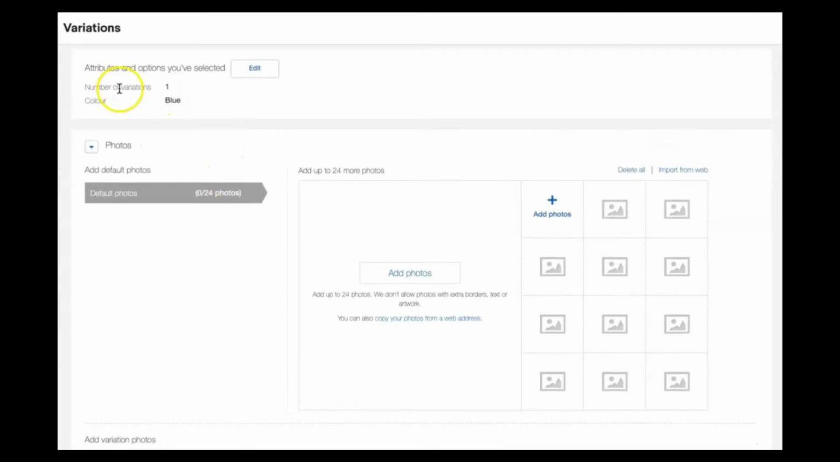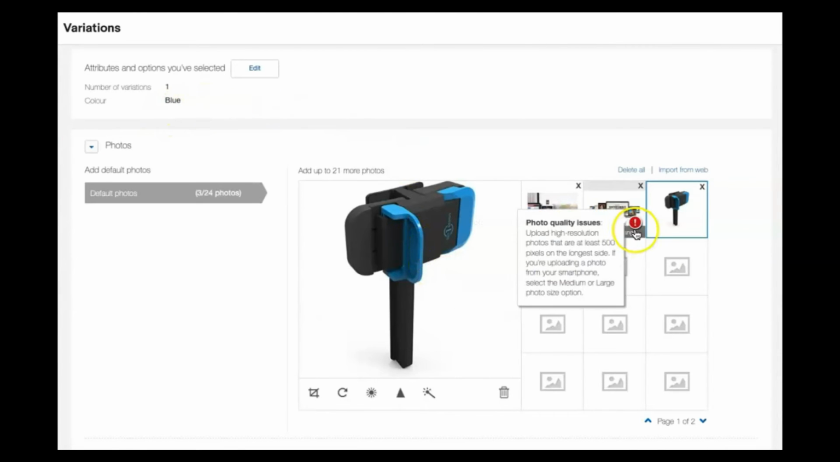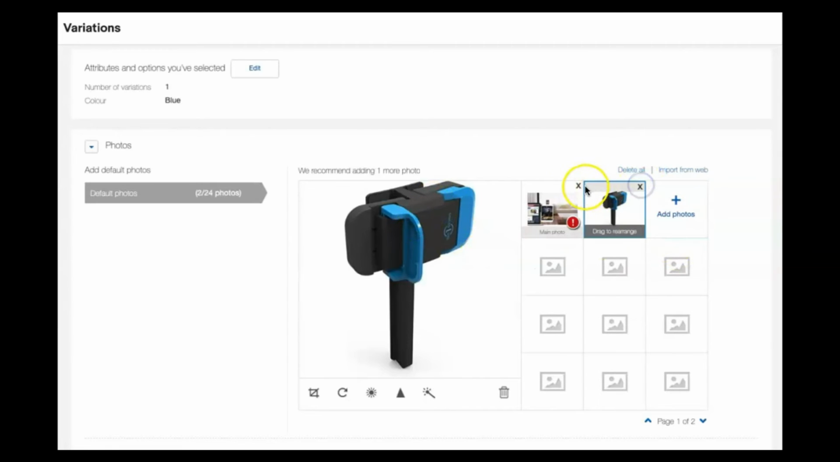You see here now it says the number of variations, we've got one so far, blue, and we can go back and edit it there. So now what we can do is add photos. Here we're adding the photos that are relevant to this variation. Now we've got an issue with these two images, which we'll deal with later. But you can see, and I'm just going to get rid of those for now, we can see that when obviously the customer actually clicks the drop down for the blue option, they'll actually then see this image pick up,